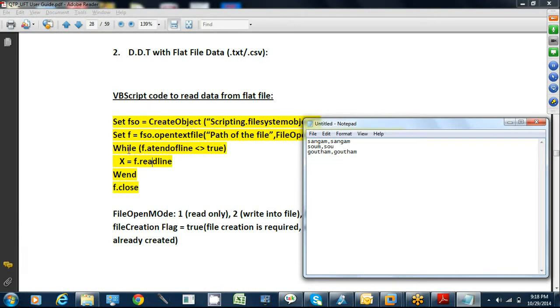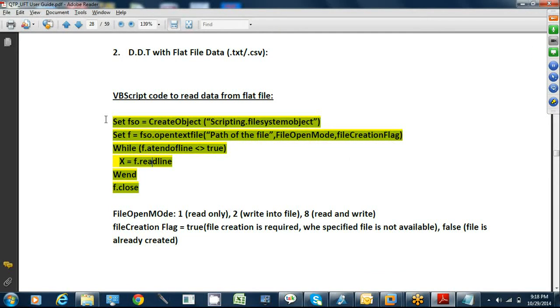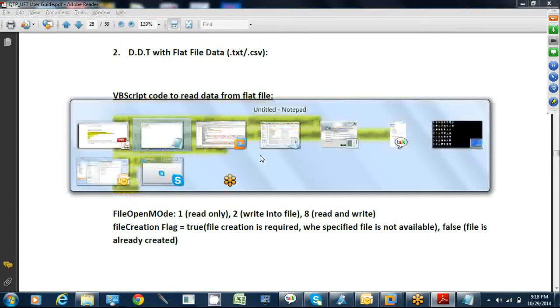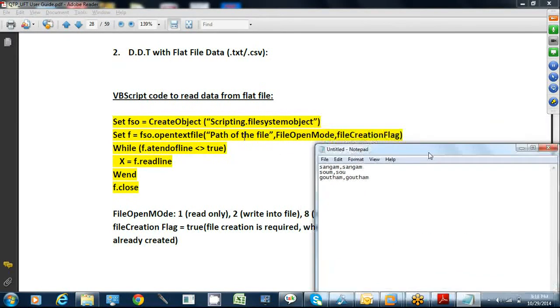Okay, one second, let me finish it. Then ending the while loop. Then whatever you opened, the file system object, you have to close it, otherwise memory leakage will happen. So whatever I open, I am closing, f dot close. So this is simple but complicated. Only if you see it a couple of times will you understand. Okay, go ahead with your questions now. I'll show you before showing the example.